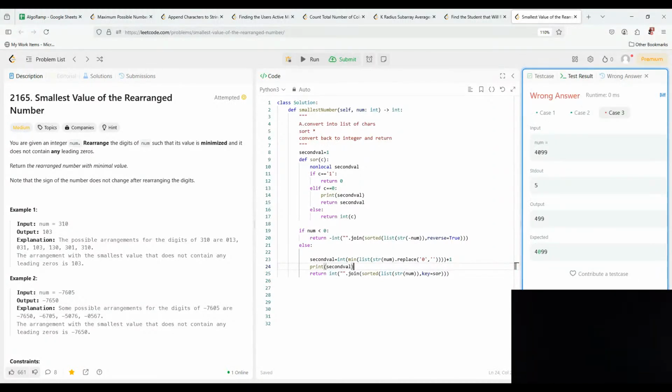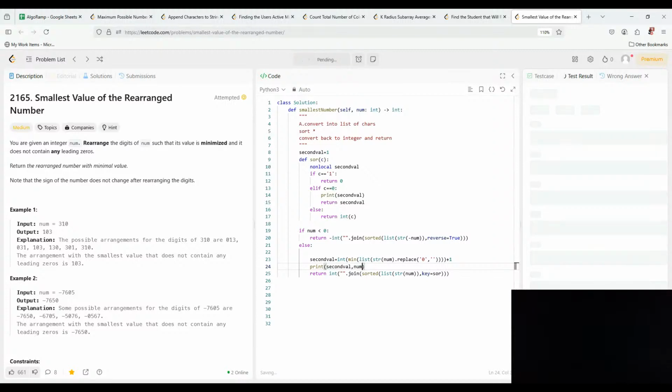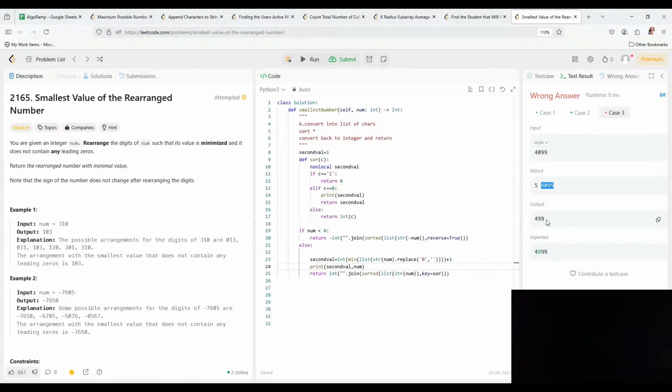It's 5, right? So whatever I got 0, I should return 5. Yes, it's correct. So we got here